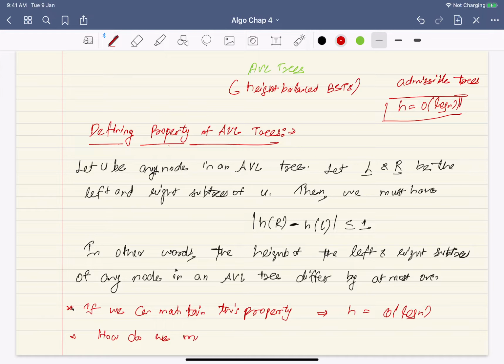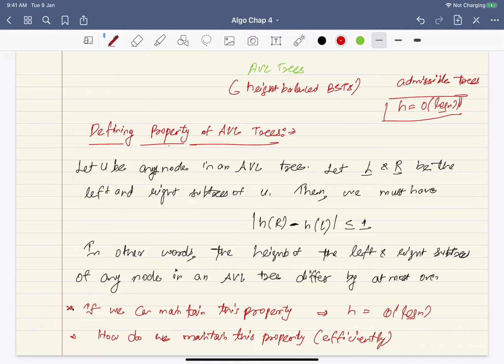How do we maintain this property? And that is efficiently. I don't want a brute force approach, because I don't want the complexity of insert and delete to become more than order h. Right now it is order h. I want to keep it order h while keeping h as log n. But if this becomes very inefficient, then even the insert and delete complexity will be very high, and there is no point of this whole exercise. So how do we maintain this property efficiently? If we can understand these two things, then we are done with AVL trees. So let's do this one by one.